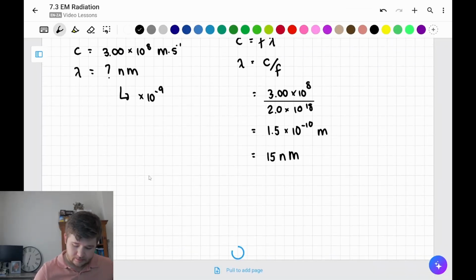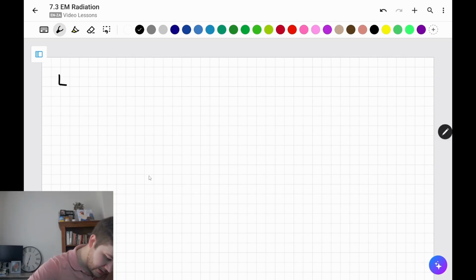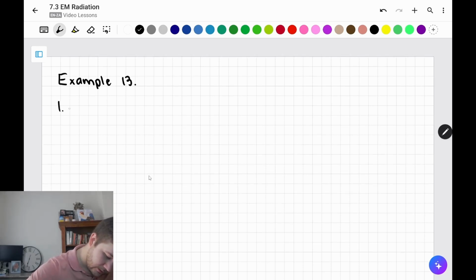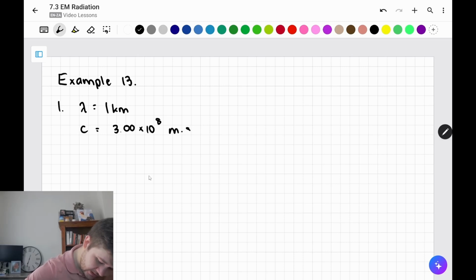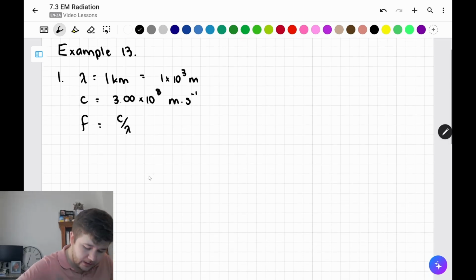Okay. So on a new page, we have example 13, and we are doing the following. We have a wavelength of 1 kilometer. C, again, we know is 3.00 times 10 to the 8 meters per second. This can be written as 1 times 10 to the 3, if you like, meters. And we require frequency, so frequency will be c over lambda. Okay, using this we can say we have